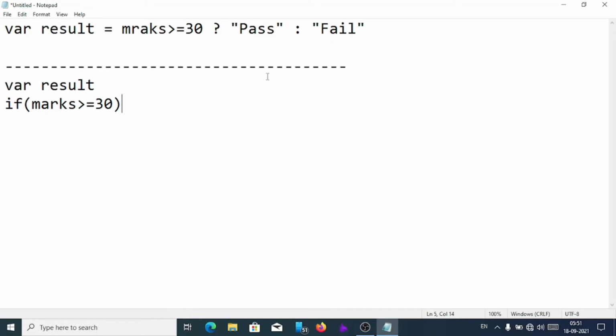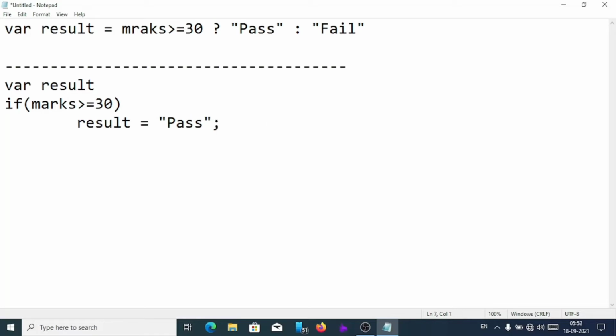So var result, if marks greater than equal to 30, this is the condition, then we'll write the true value, means result equal pass, means if the condition is true, if the marks is greater than equal to 30, the result will have the value pass.